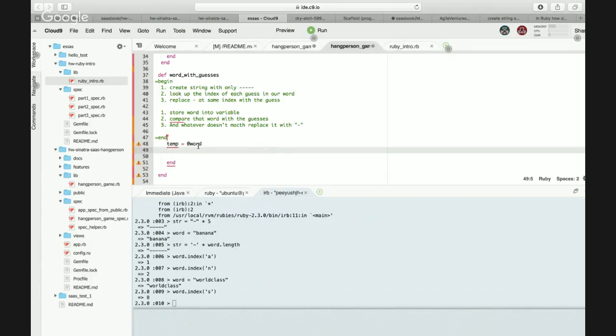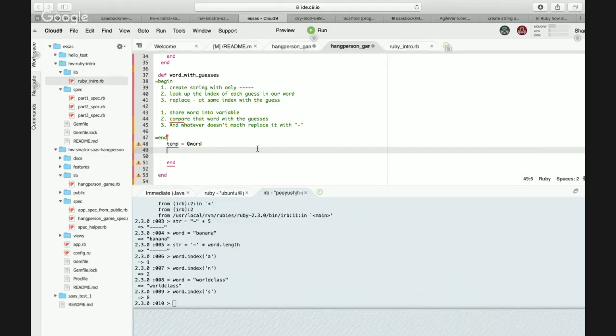Okay, and then there should be some function wherein we could replace or reject or something we could do. So we have guesses. I'm going to try to look it up for you.